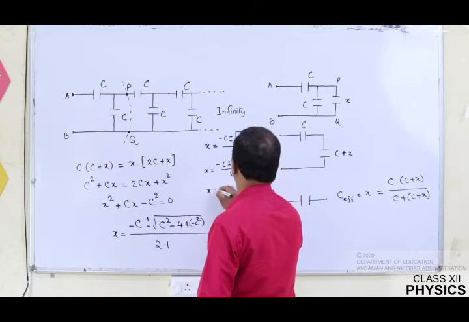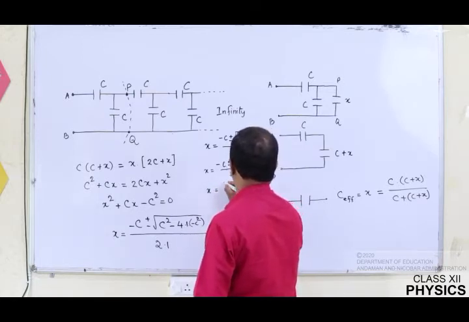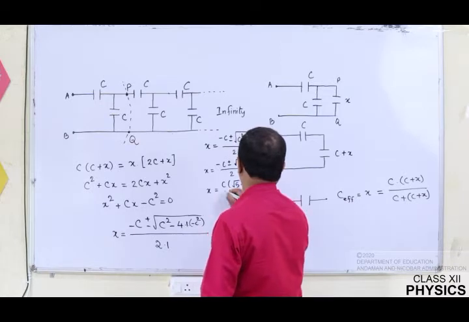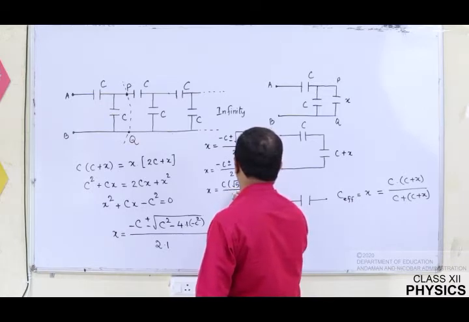Otherwise X is equal to, I'll have C taken common, I will have root 5 minus 1 upon 2,